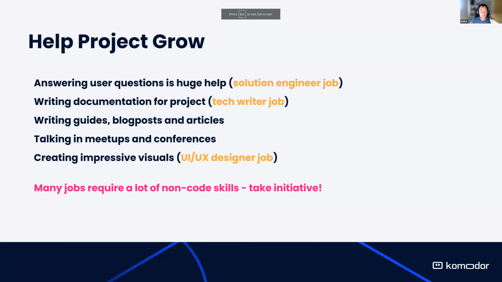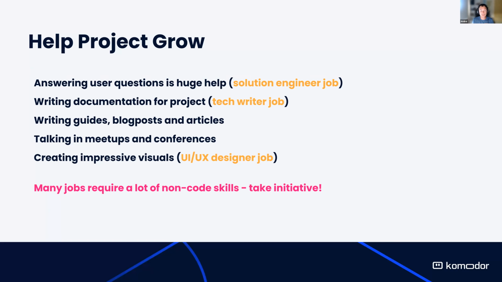You can be writing guides, blog posts, and articles, and this is really valuable for any open source project. When you help the project grow by letting people know, this is what Helm Dashboard needs at this stage of its evolution. We need to let people know it exists. It's already good to be used. We can improve it, but this is the job of the code developer contributors. But if you are non-code, you can just use it and explain to others how to use it.